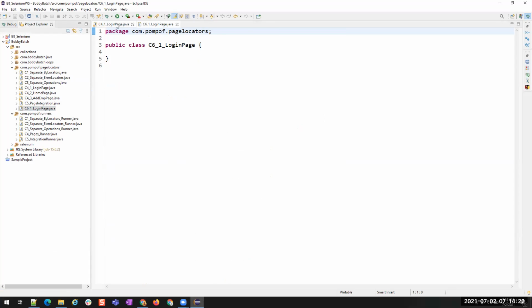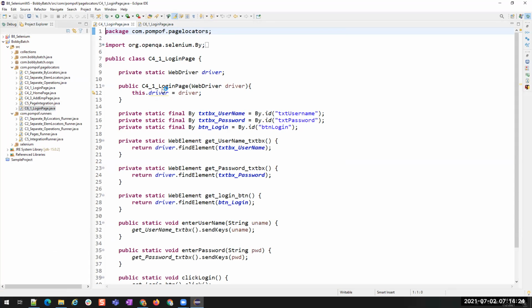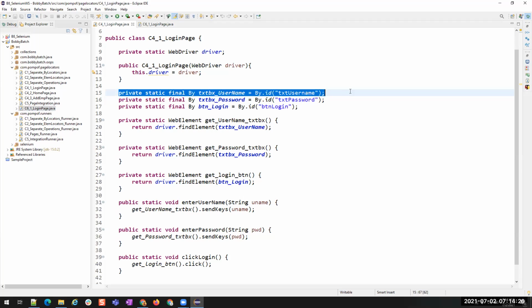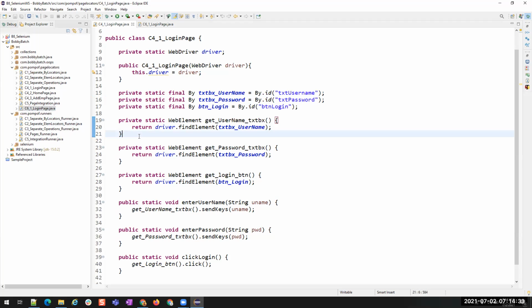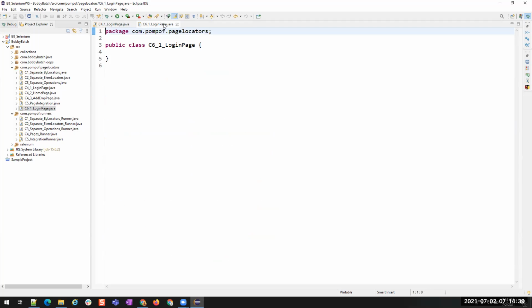Now if you compare this, we found the element and we wrote the method to identify that particular element, right? driver.findElement. But in POF, in WebDriver, if you want to utilize it, we don't have to write any methods.